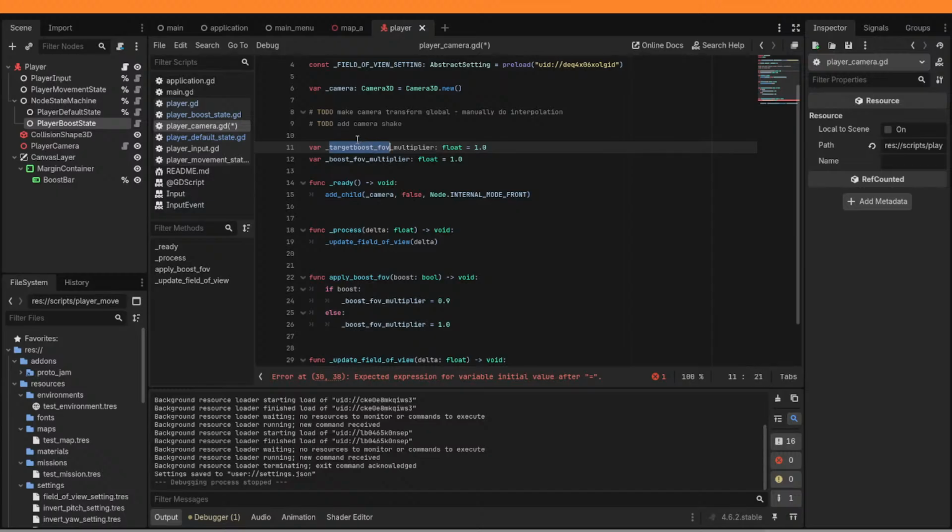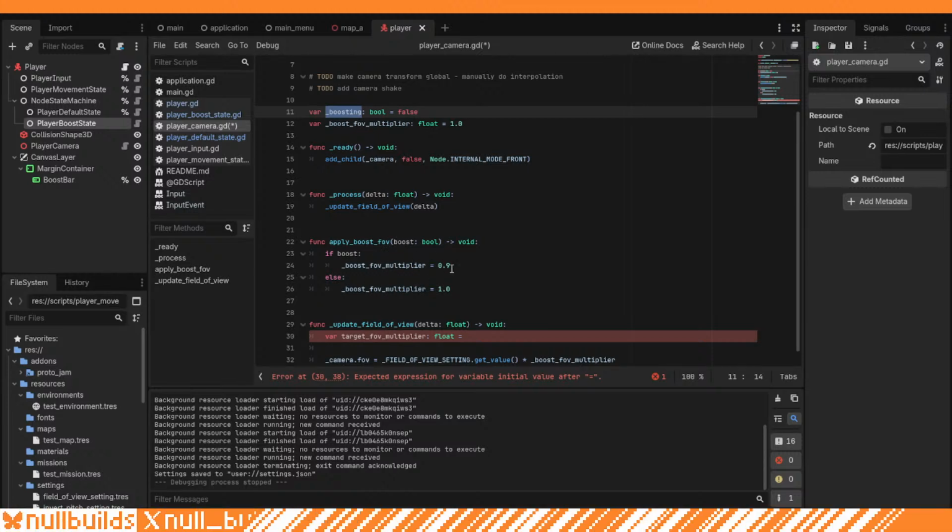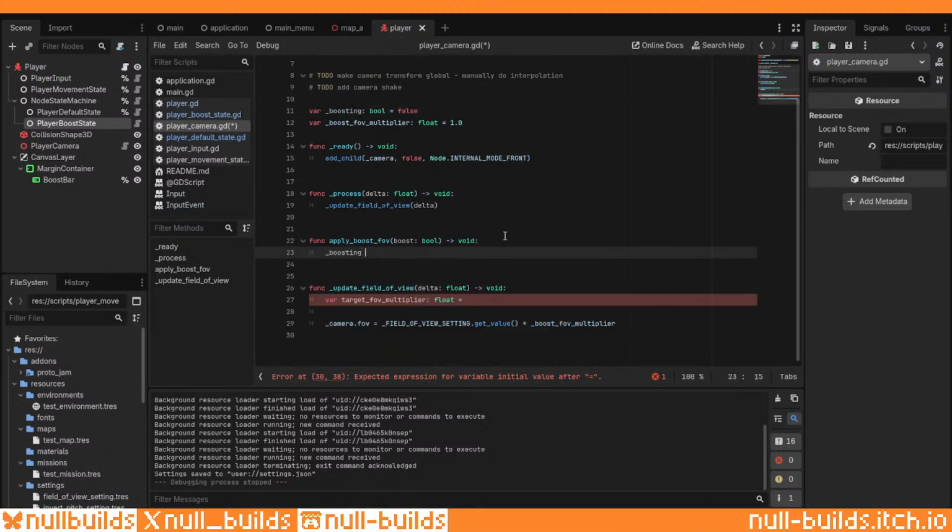What we'll do is a boosting equals equals bool. Okay, so what we'll do is we'll set boosting equal to boost, and then